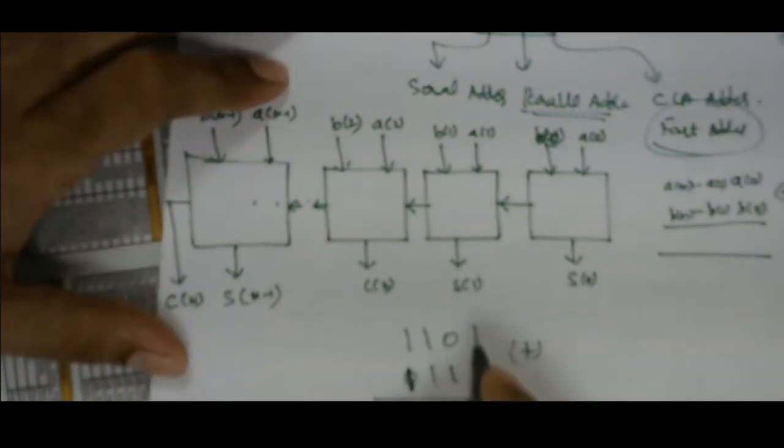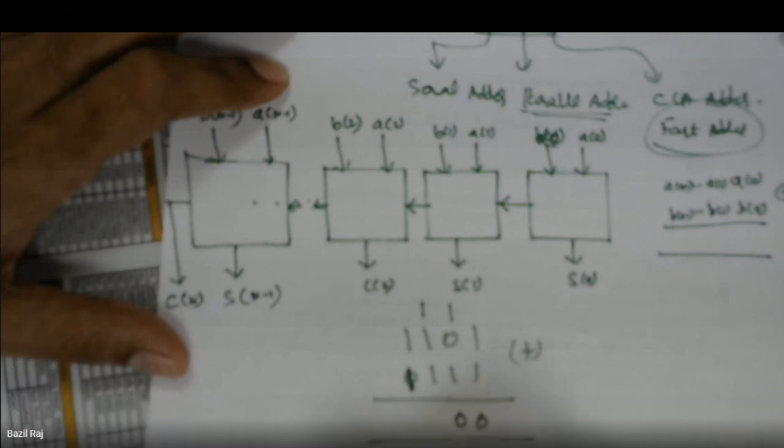So you add now 1 plus 1, 0. Then the carry will come here. Then 1 plus 1, 0. That carry will come here. 1 plus 1 plus 1, 1, so 1 will come here. The carry will come here. Then 1 plus 1 plus 1, 1 here. This is another carry now. The first idea is the carry is propagated to the subsequent sections. If carry is not there, then 0 will propagate, right?